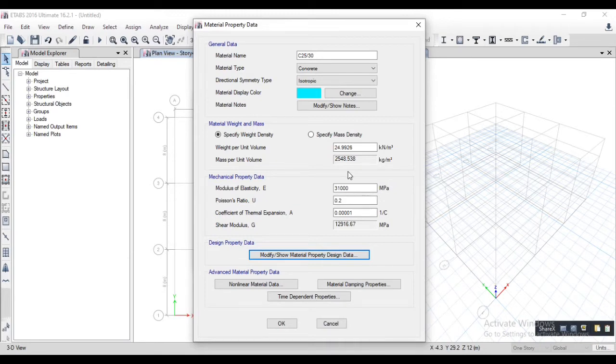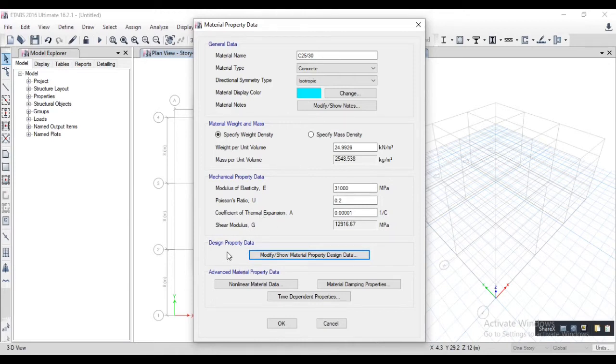So I do not recommend changing this material property. But if you are a researcher or doing something on material, then you can change this property. But before changing it, you should know everything about the mechanical property data, material weight and mass, like modulus of elasticity, Poisson ratio, thermal expansion, and shear modulus.